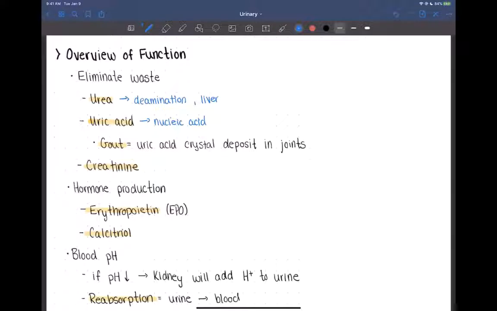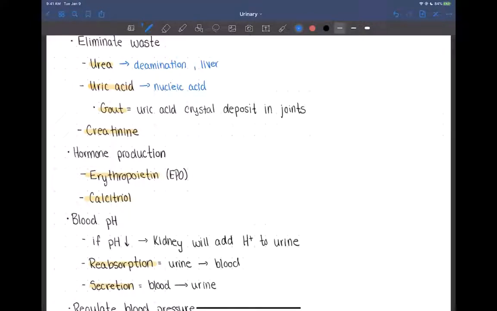A lot of the time, for that reason, people with gout are recommended not to eat red meat, simply because red meat is made up of skeletal muscle. Skeletal muscle cells are multinucleated and therefore contain a lot of DNA. That high concentration of nucleic acids is going to produce more uric acid and exacerbate that gout. Okay? So that's urea, uric acid, and then the last waste product you should be familiar with